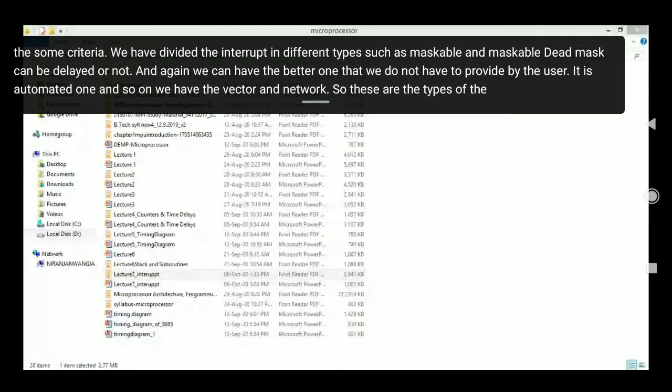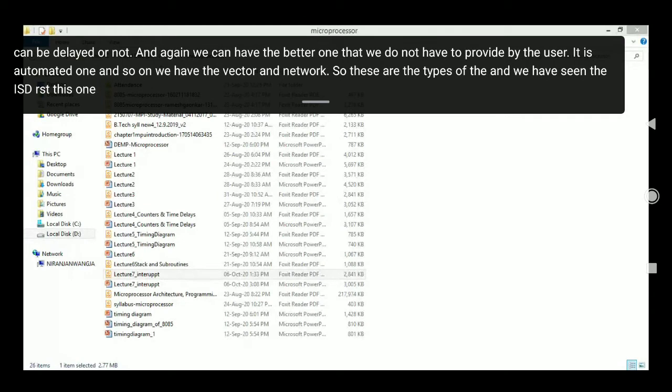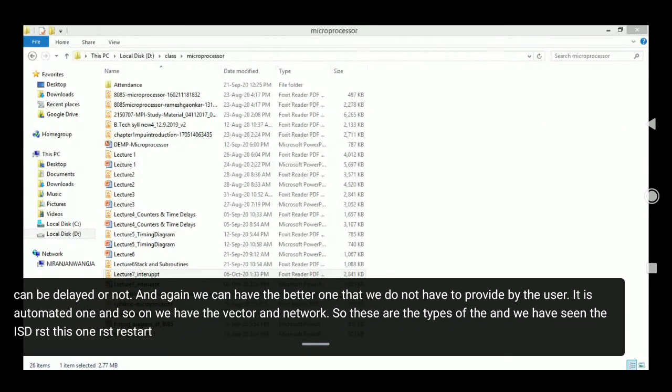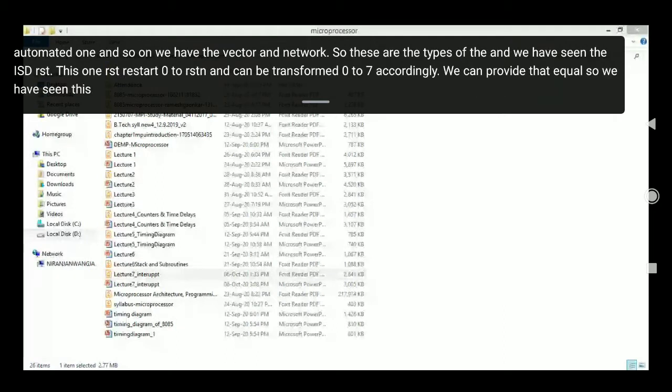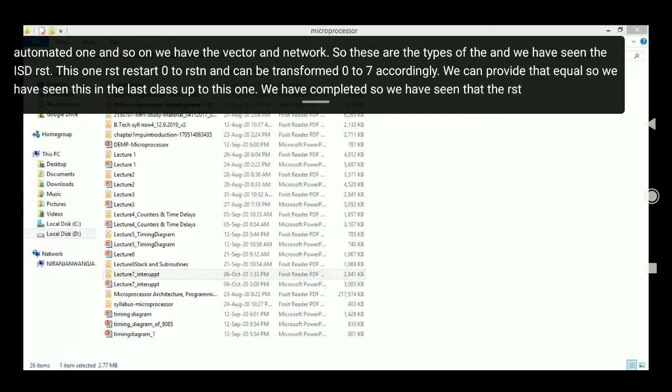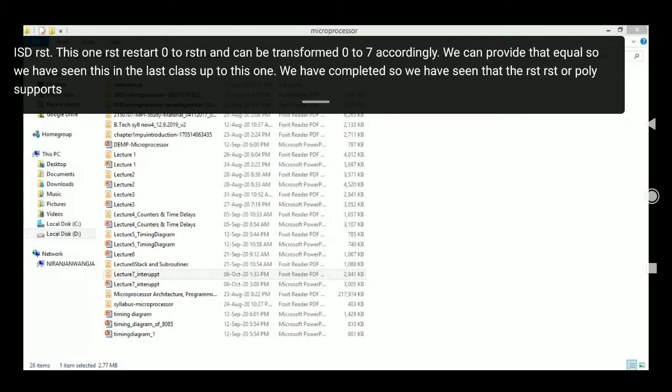And we have seen the RST, RST 0 to RST N. The N can range from 0 to 7. Accordingly, we can provide that info. So we have seen this in the last class. Up to this, we have completed. So we have seen that the RST opcode, suppose this RST5 opcode is EF.